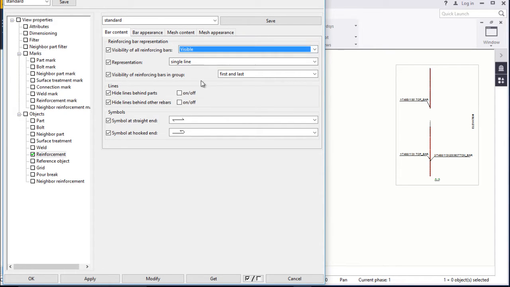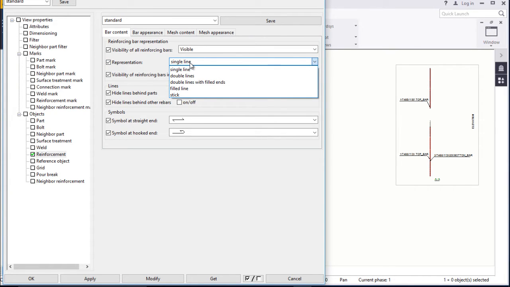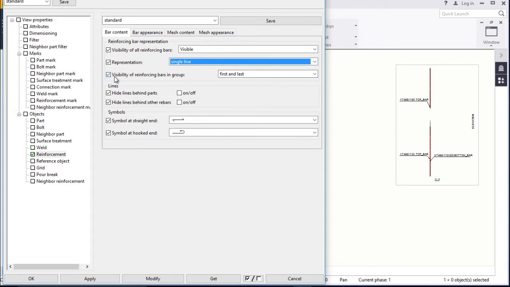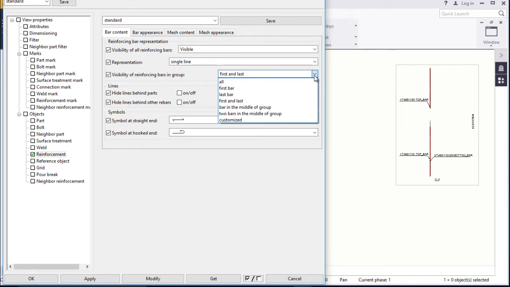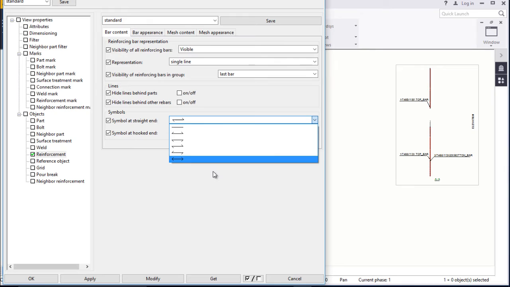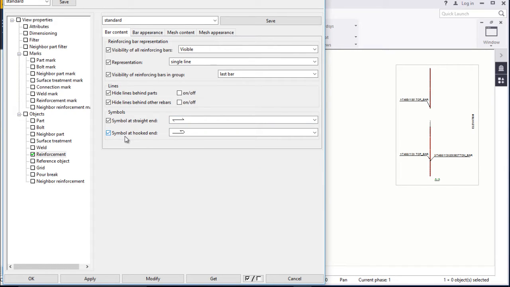Now click that visible. Representation single line is okay. Visibility of reinforcing bar in group, first and last. We'll click last. Symbol at straight end, we'll click that, though we have variety. Symbol at hooked end, we have variety, but we'll click the first one. Now go ahead and modify that. Click modify